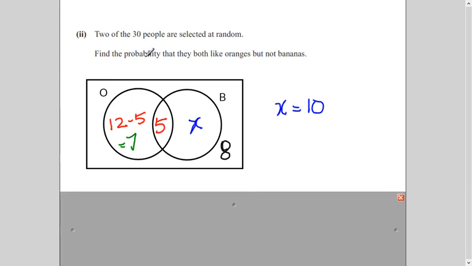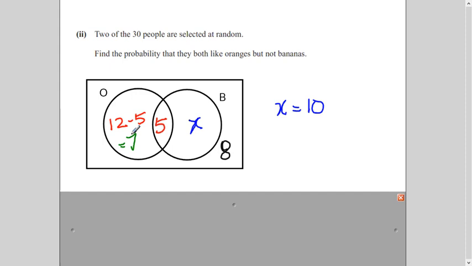Okay, so this says find the probability that both like oranges, because you are picking 2 people from those 30 people. Now I know people who like oranges but not bananas are 7 in number. These are the people who like oranges but not banana. So if I pick randomly, you see the concept of probability is merged with the sets concept. This is the beauty in the question. For me, it is beauty, right? So if I pick the first person who likes orange but not banana, it will be 7 out of